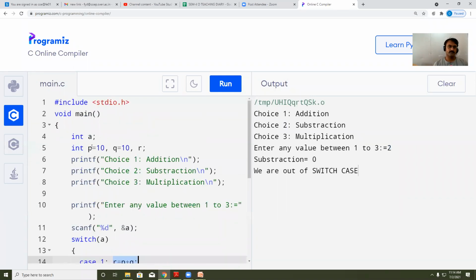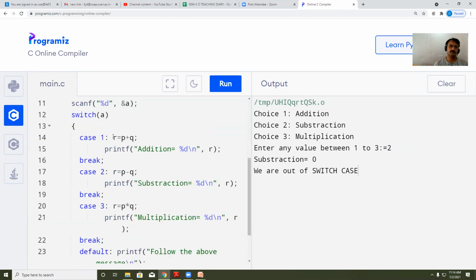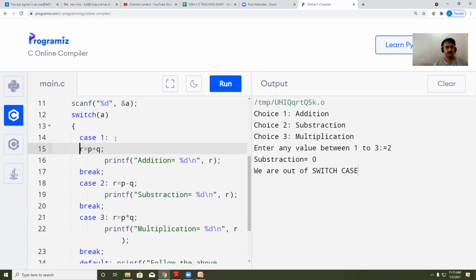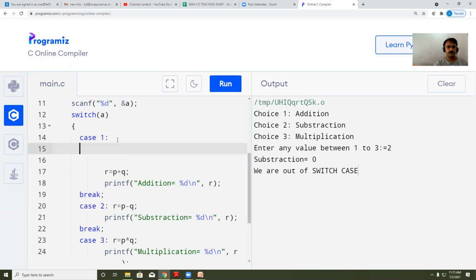Now instead of this, I want to take values from the user. Now I want to take values from the user for P and Q, for addition, subtraction, multiplication and division. So when my choice is 1 for addition, it has to ask me to enter the first number, enter the second number, and then it has to execute the addition and print the result. So I will use printf